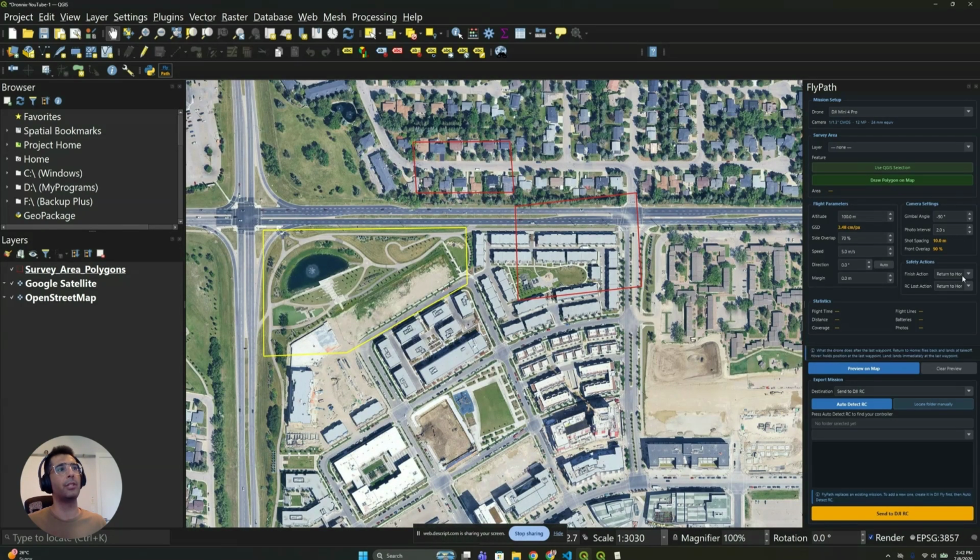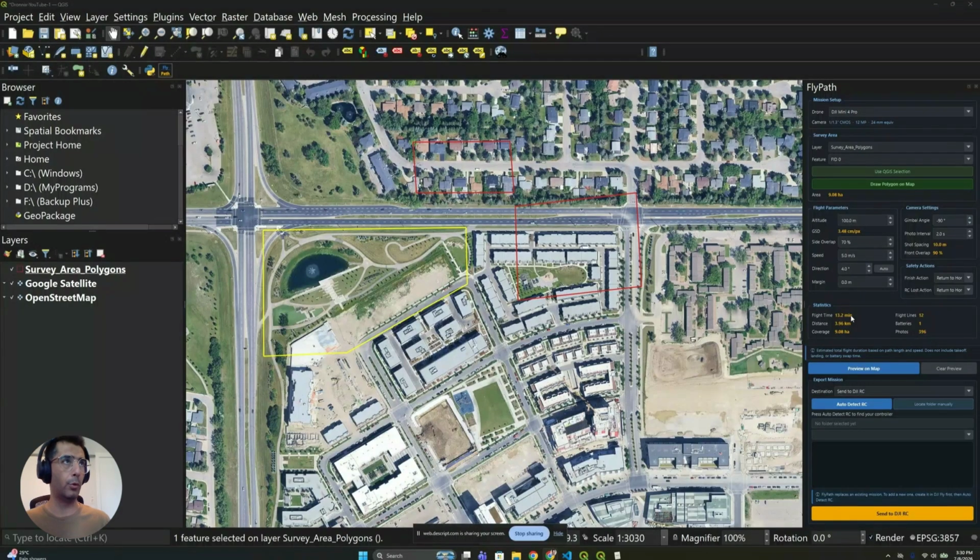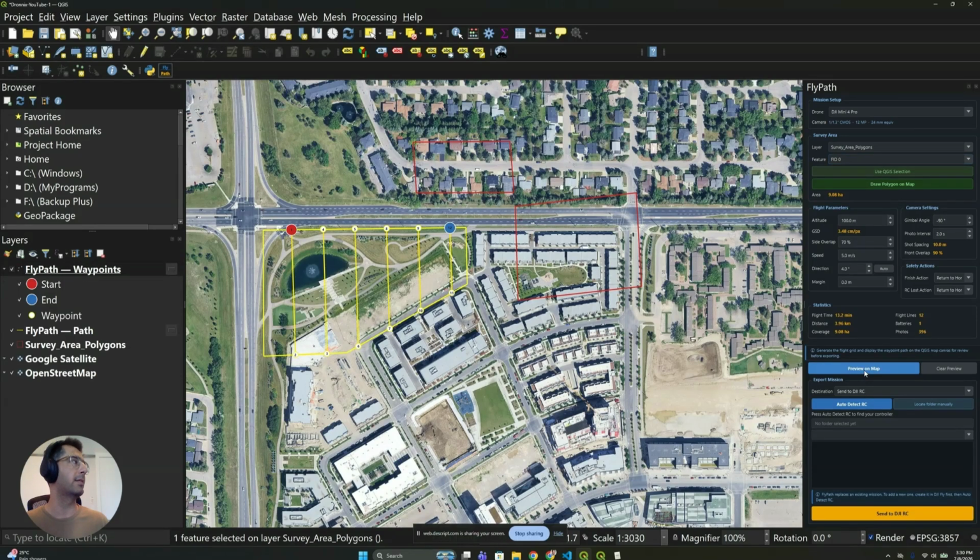So basically the parameters are really the same. There's no change in the parameters. This is only the UI that is changed. So one more time, we're trying to select the drone, the DJI Mini 4 Pro in my case. The survey area is selected. And then the feature should be the feature ID related to the one that you want to create the KMZ file for. You're gonna hit the preview on map, which will generate two vector files that you need to